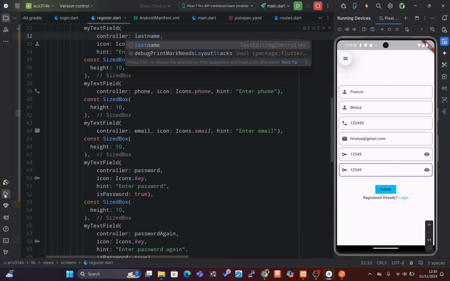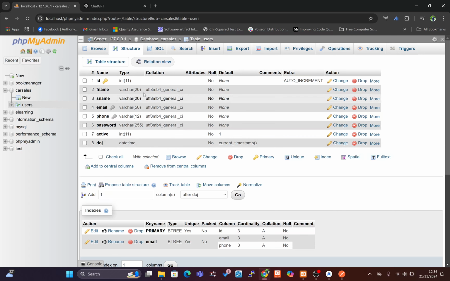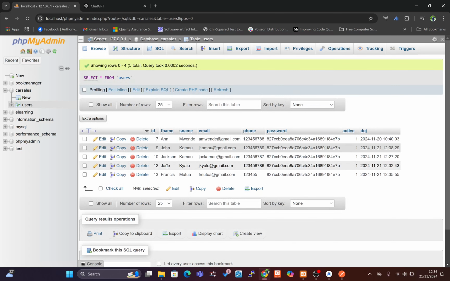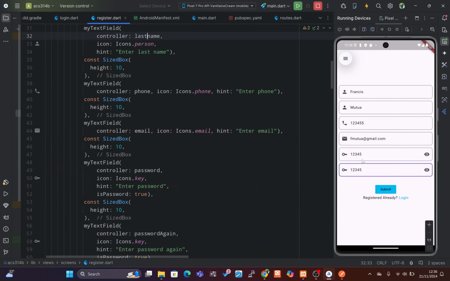Okay, we can check the print statement here. That record has been created. We can check our database. This has been created, Francis Mutua. So our code is working. Now, let's proceed with